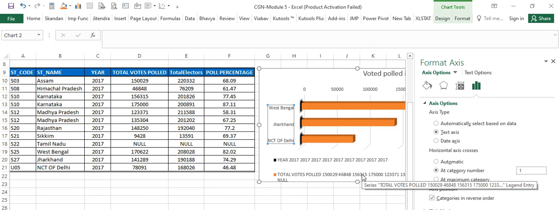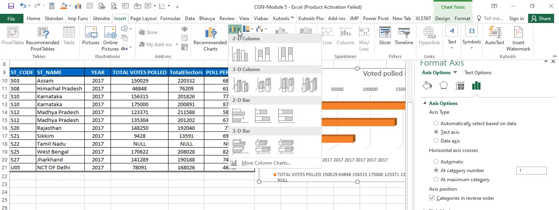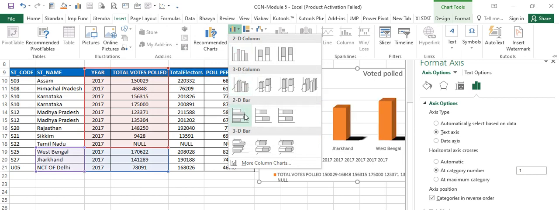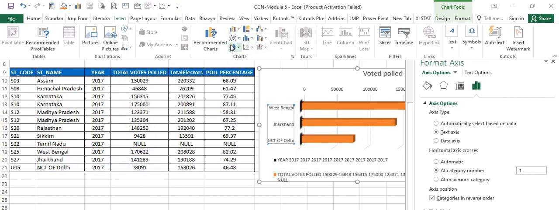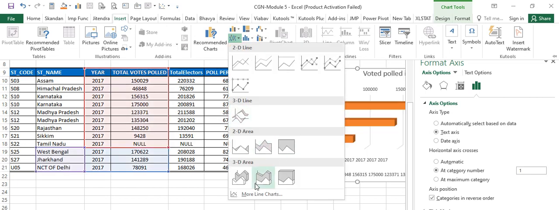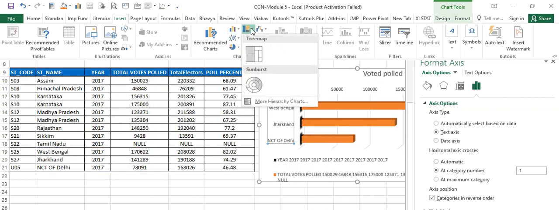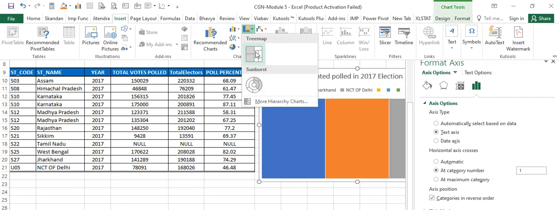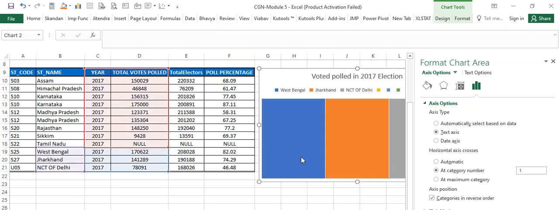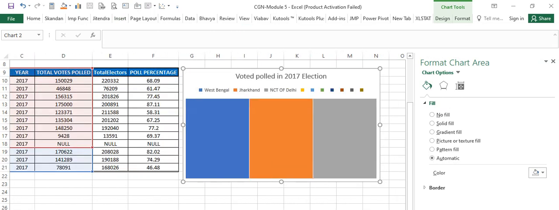I showed you how exactly you can select a chart. You can go for recommendation, or you can look at this option, where you are looking at a column chart and a bar chart in the first option. Here we have line charts, area charts, 2D areas and 3D areas also. And then you have an option for a tree map. I can put a tree map in this case also. So I can look at a tree map for these three states. So you can see how exactly it looks.